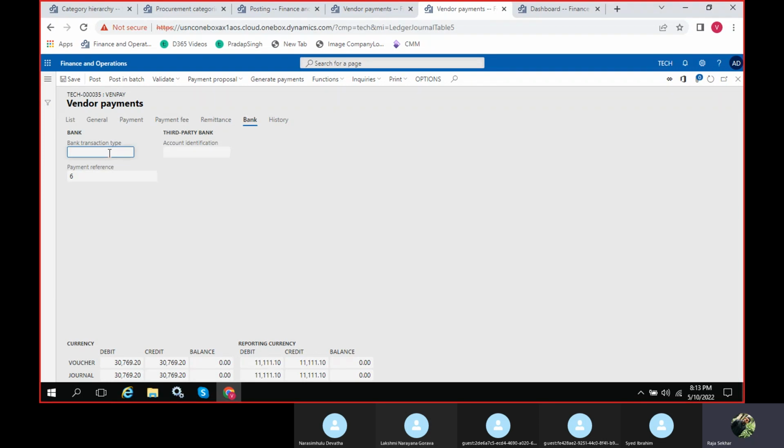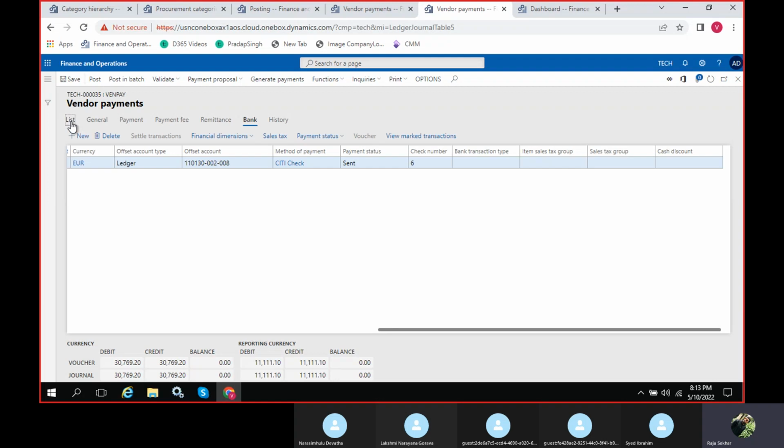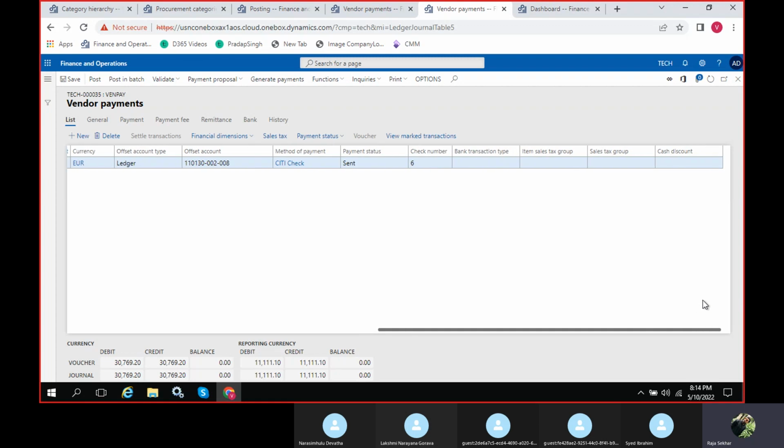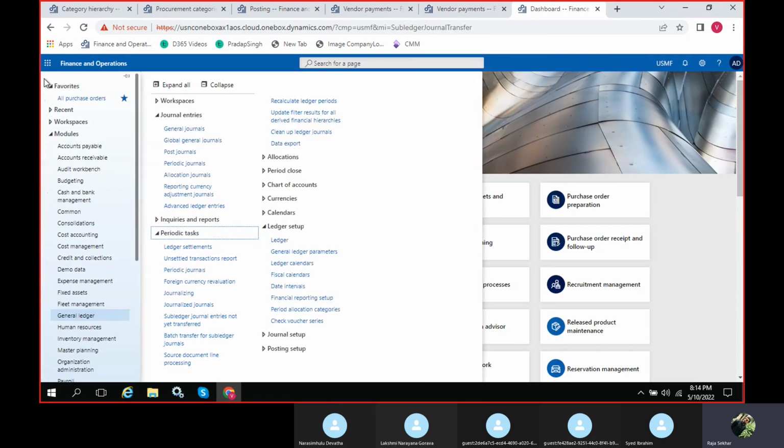The system gave a warning, right? While you are doing that, it can't be edited. So what we'll do, payment method.